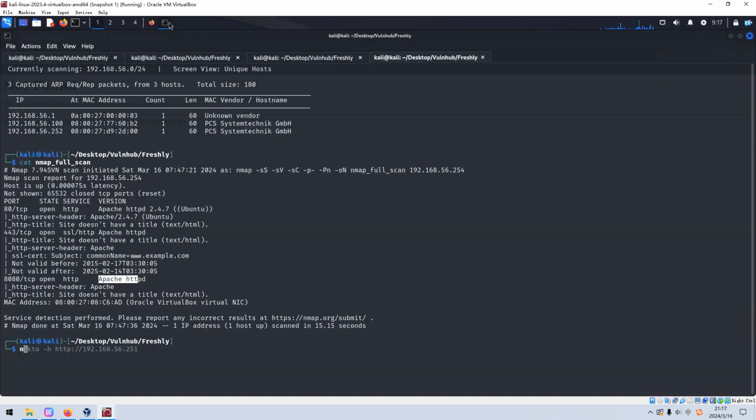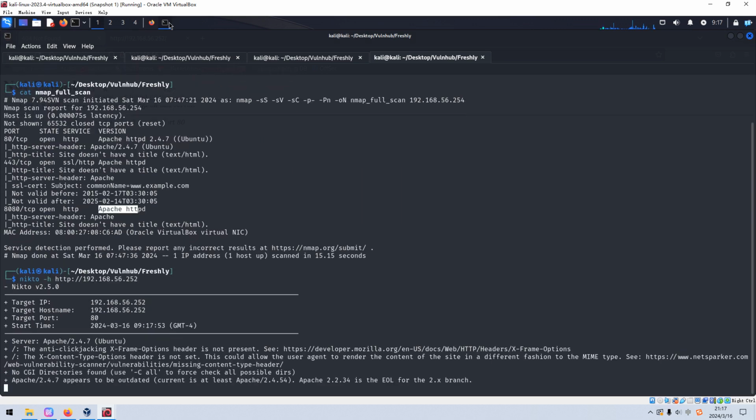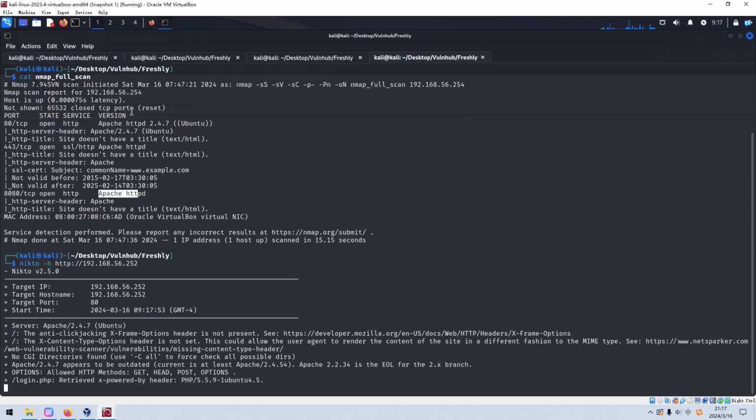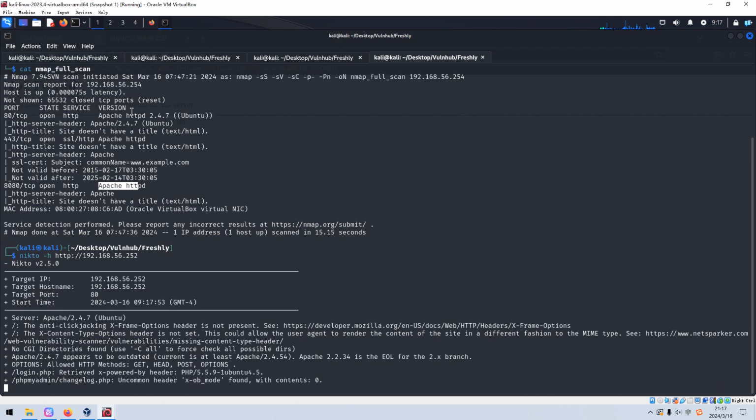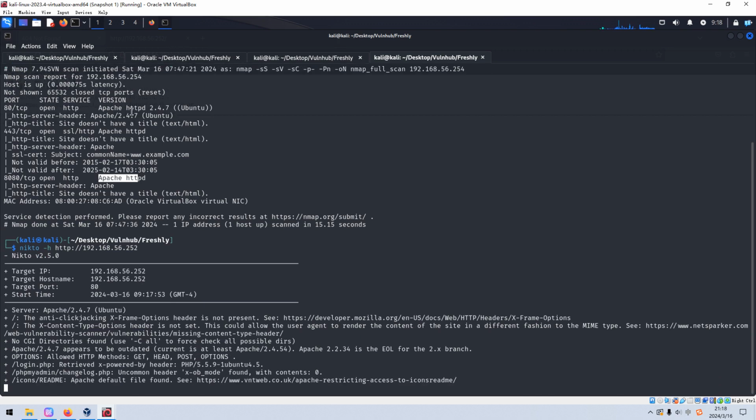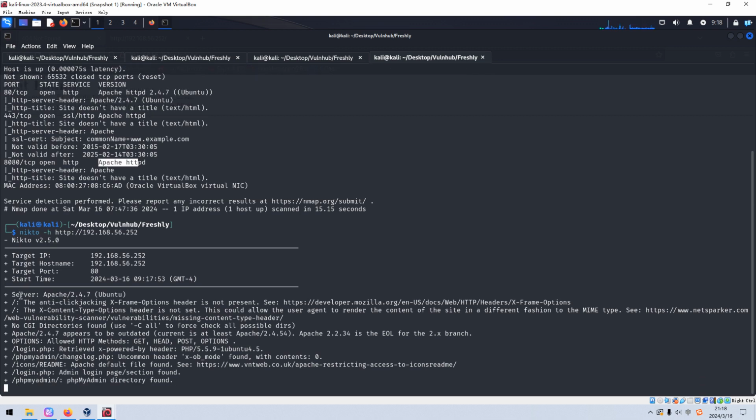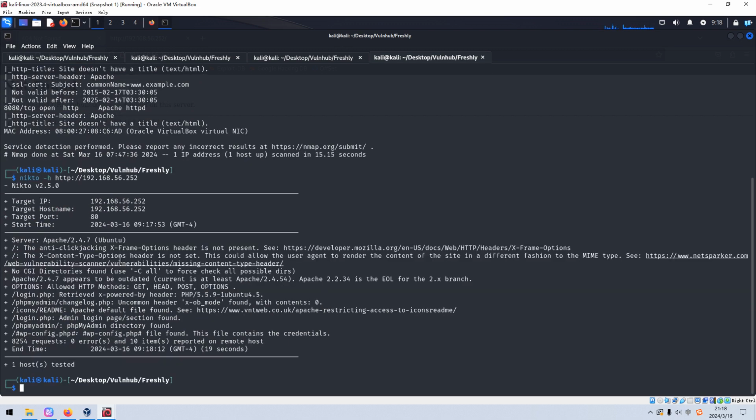Next, we can use Nikto to do some automatic enumeration. As a pentester, we must be very patient and careful. As you can see, Nikto not only gives us information about the version and also headers,